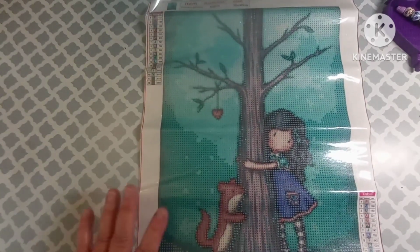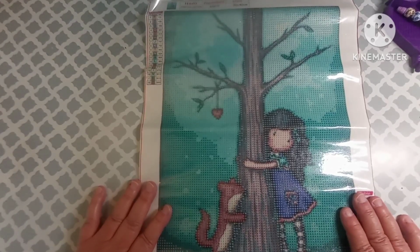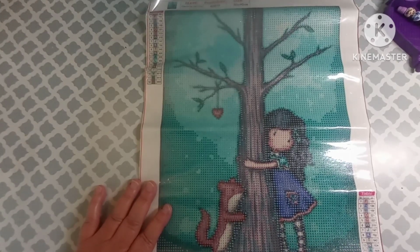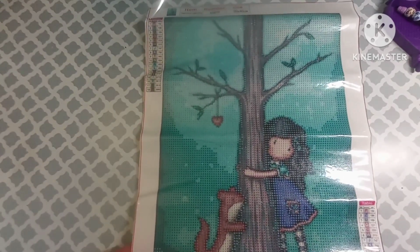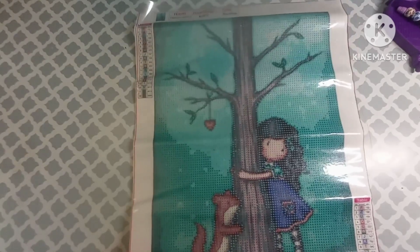But it's cute. Now, this was called Little Girl Holding Tree Trunk, 30 by 40, and this was $7.99 on EverydayEcrafts. But I thought it was really cute. So, alright, I'm going to flip this one over. And then the next one that I got, the last one that I got,